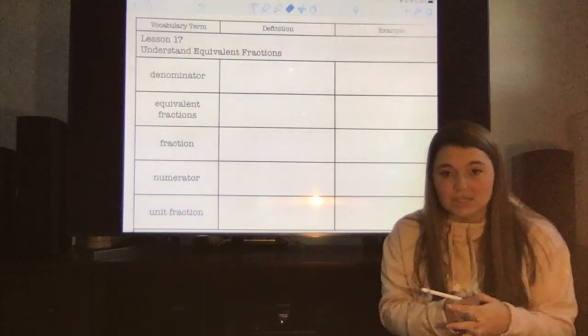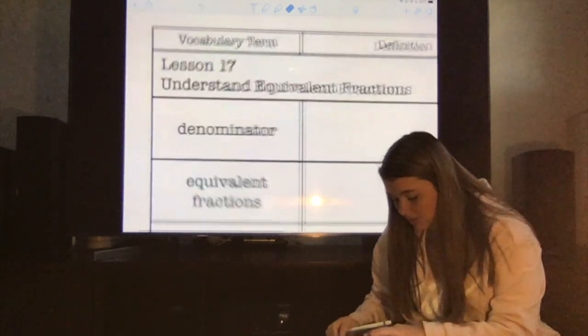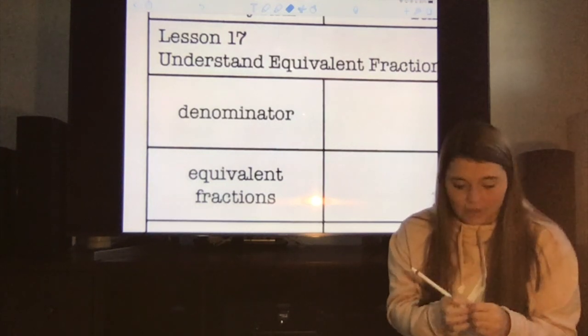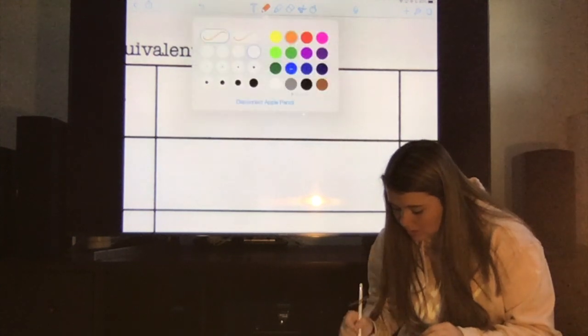So I'm going to start with the denominator. I know at school we started talking about the denominator, but the denominator is the number that's on the bottom of the fraction. So the definition that we're going to write is